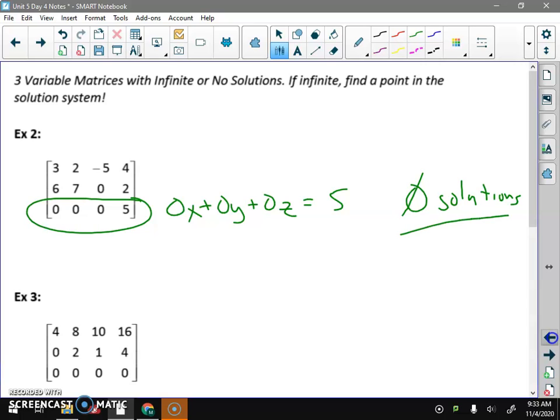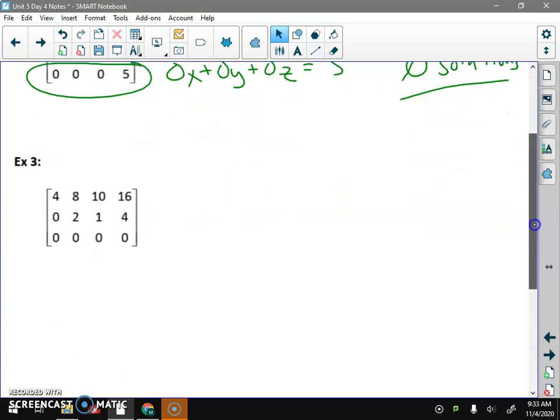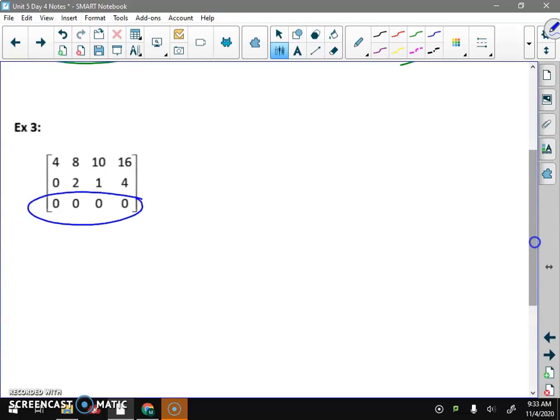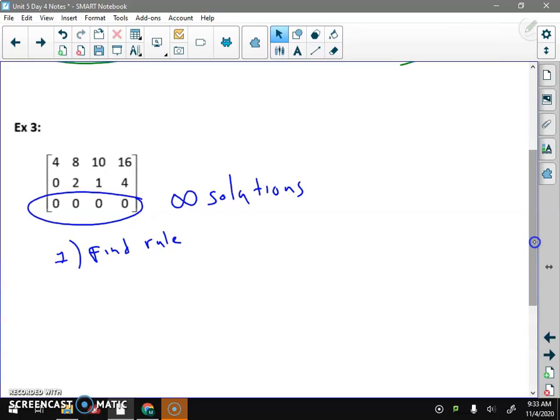And then just as important and requiring a little more work is what happens when you get this. Everything drops out, you guessed it, infinite solutions. But you actually have 2 more tasks. 1, you have to find a rule, how all 3 relate. But what that means is it's infinite solutions doesn't mean every ordered triple will work. It just means there's a lot of them and they follow a pattern. And then the second thing you must do is give 1